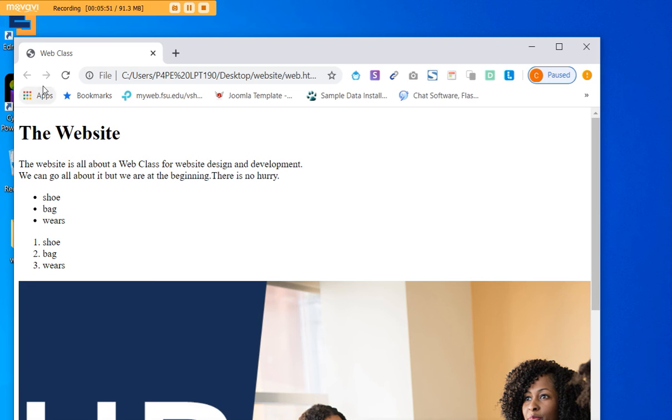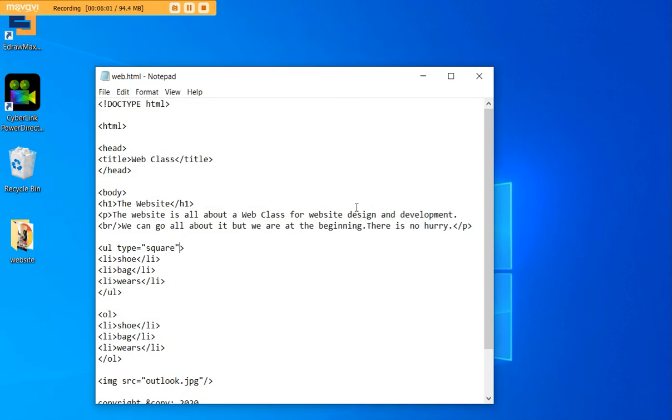Okay, so let's save it. So you can see this is changed to square. It's no more like a circle, a round one. But if you change the circle, it's just going to be hollow. So you can change the circle at your own time and see how it looks. Okay, so I've done that for the list, and I want to introduce you to the